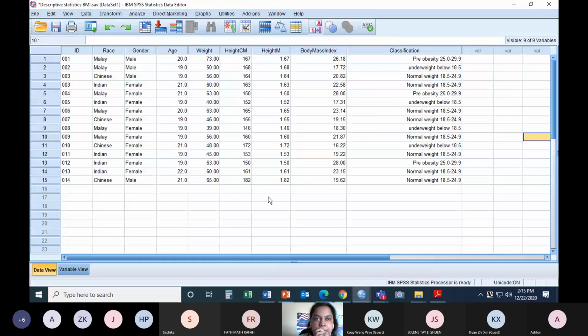So now we are going to do descriptive data analysis. Let's say I wanted to know how many percent of the class are underweight students, how many percent are pre-obese, how many students are underweight. So what I do, I can choose anything, because if you want to describe it only, without doing any